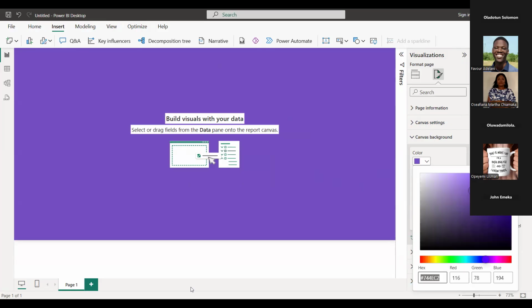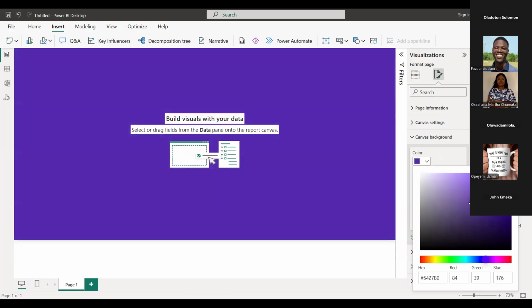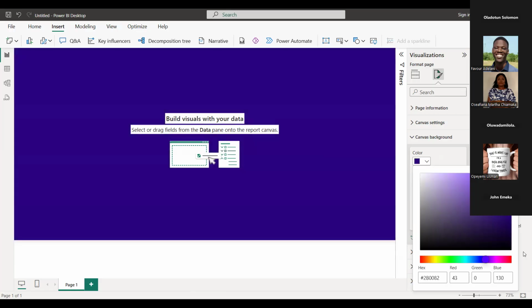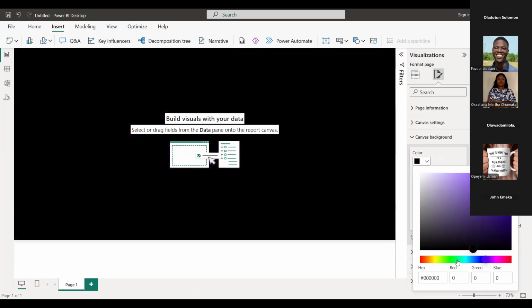When it comes to colors, there's something we call Xcode, which is simply color code. Digitally, every color has its own Xcode. No two colors have the same Xcode, no matter how similar they look to the eye.